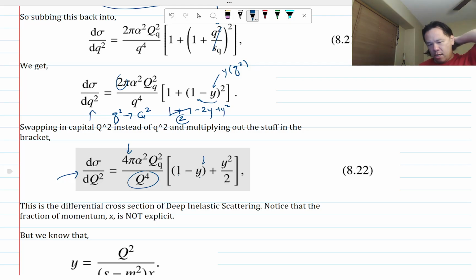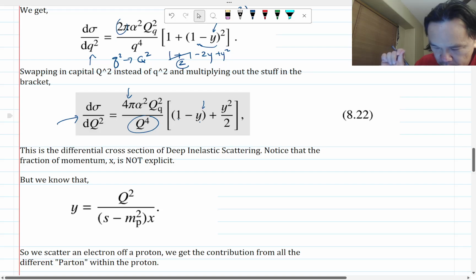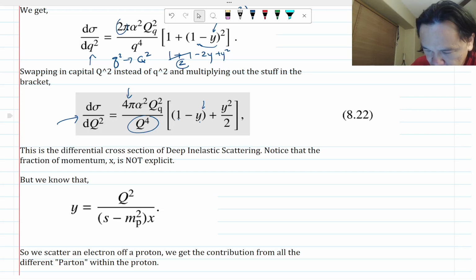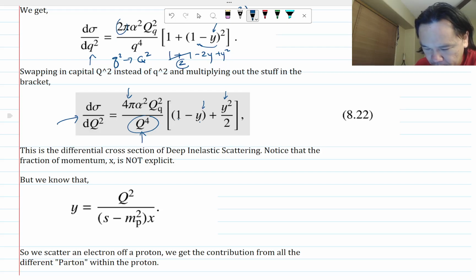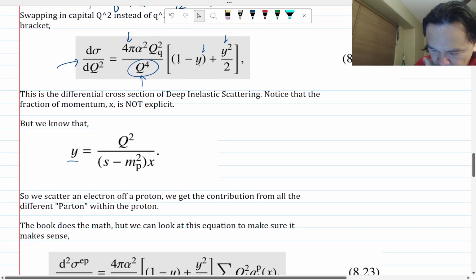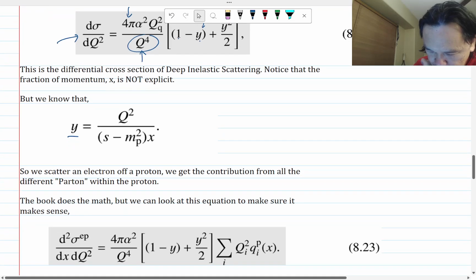All right. So this differential cross section is explicitly dependent on Q squared and y, but it is also dependent on x. Remember that y is equal to Q squared over s minus the mass of the proton squared times x. So we could swap this in for something that depends on x also, but we're going to do this in terms of y because we're going to see that